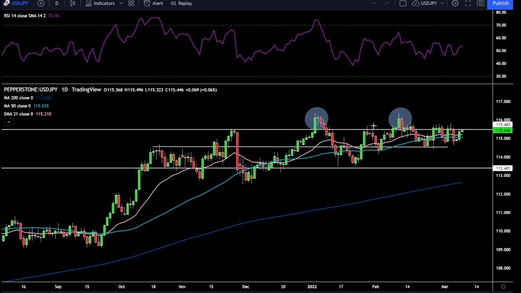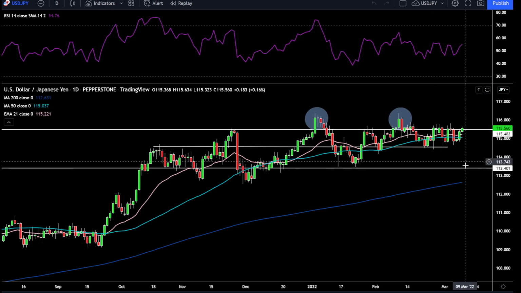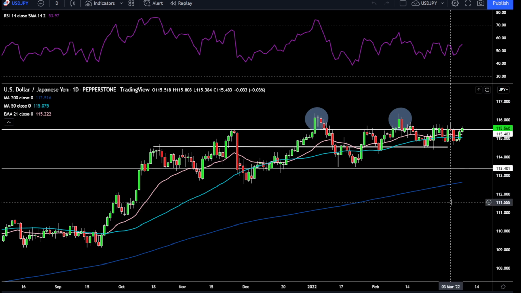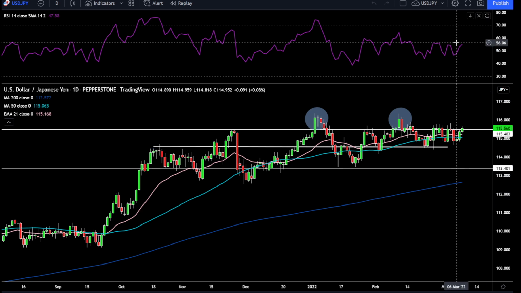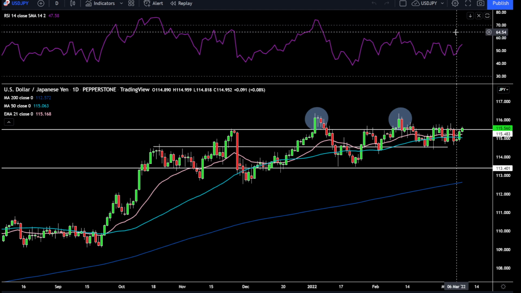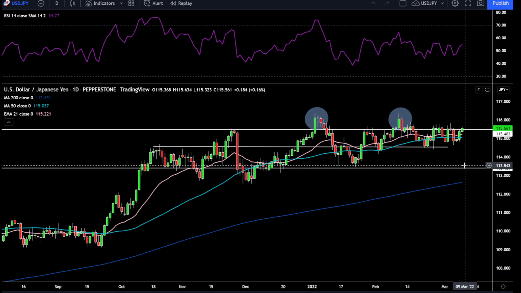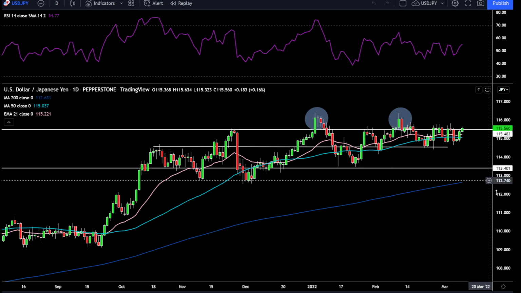Let's move on to US dollar JPY. Again, US dollar JPY, it just can't seem to break this 115.5 resistance level. The RSI is also capped here, around here, 56, and above there, 65. These are both safe havens, but I would say the dollar has the edge, given that they're more energy independent than Japan is. Very large net oil importer, Japan, and with that surge in crude, it's not helping their terms